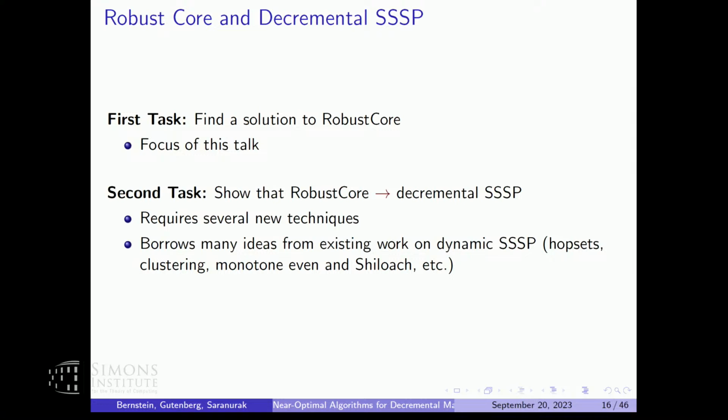So basically, you need all of these techniques, but the hard part about adaptivity is not from any of these techniques. The hard part is just here, just in robust core. And so we managed to single out that one part that's hard for adaptive adversaries, and now our goal is to solve it.